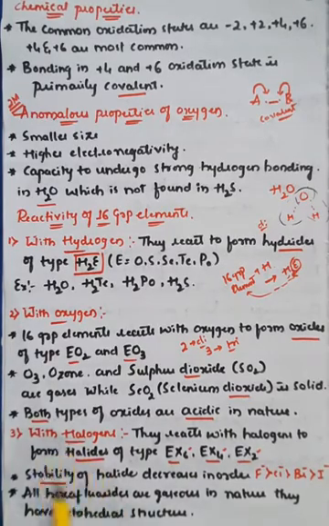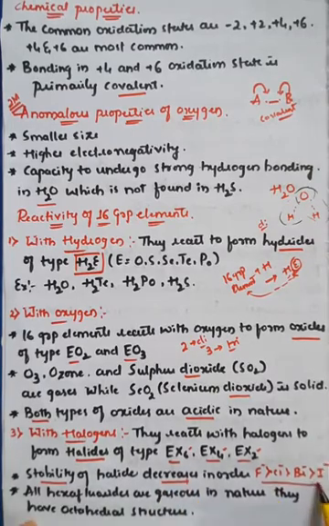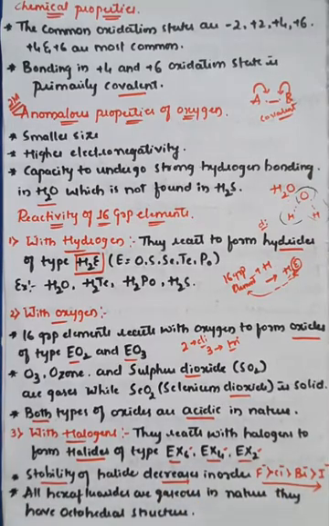Whenever 16th group elements react with halogens to form halides, fluorine makes a more stable compound. So fluorine has more stability when compared to chlorine, and it decreases in order from fluorine to iodine. Fluorine is more stably bonded with group 16 than chlorine. Chlorine is much less stable when compared to fluorine. Similarly, bromine is less compared to fluorine and chlorine, and the least one is iodine. So the strength of the bonding in halides decreases in the order of fluorine, chlorine, bromine, and iodine.